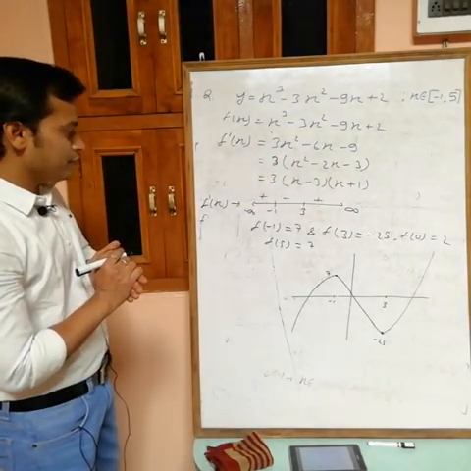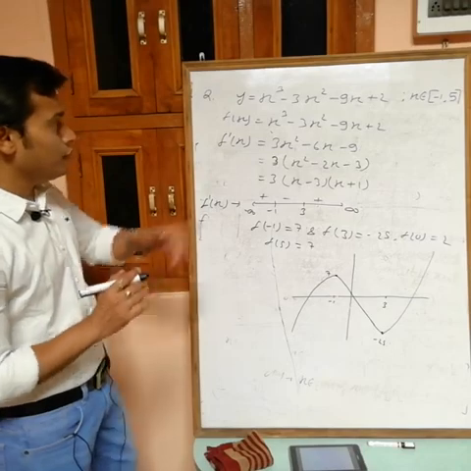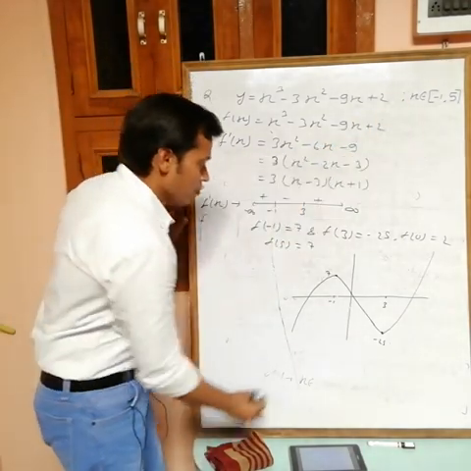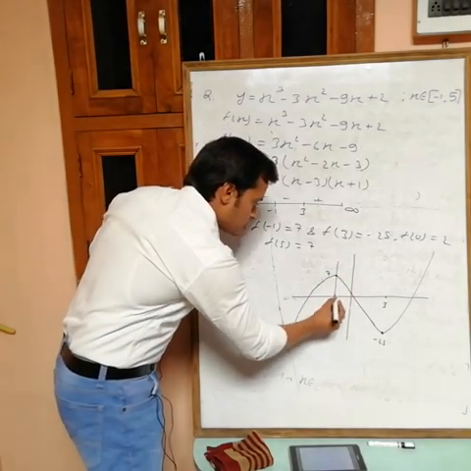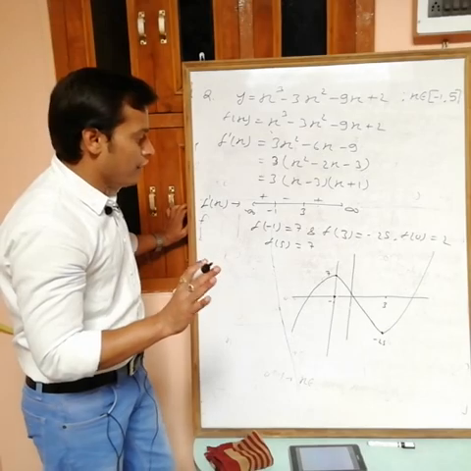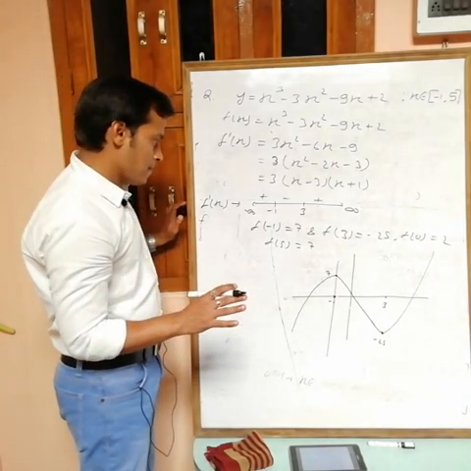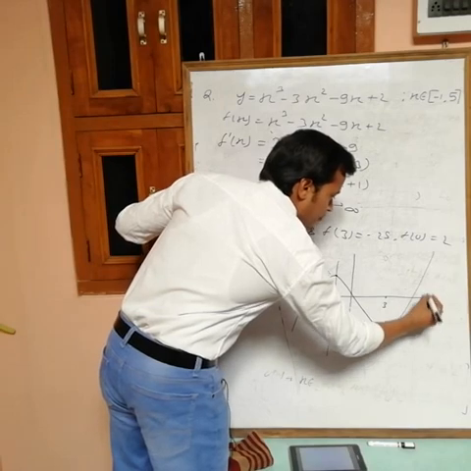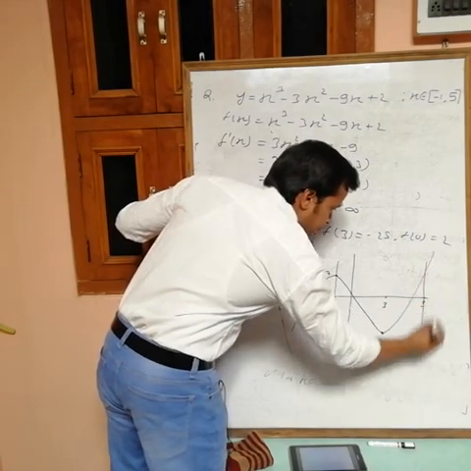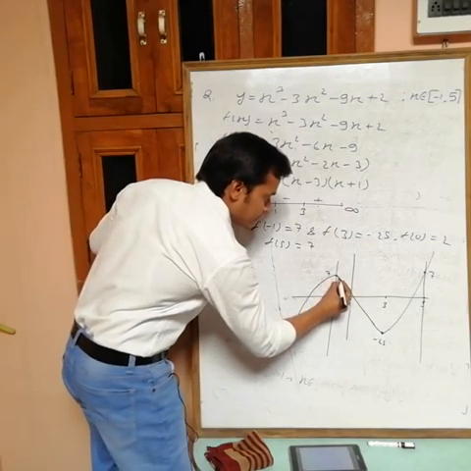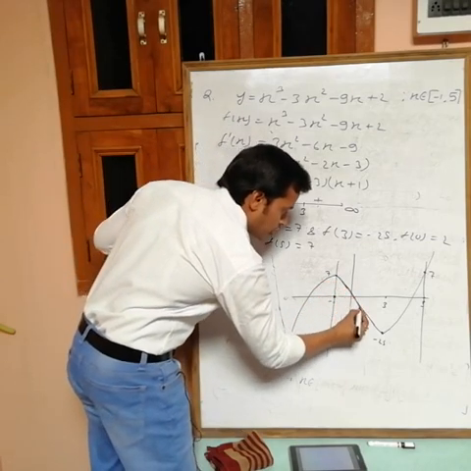And after that, we have the interval from minus 1 to 5, so you can take only from minus 1 to 5. So minus 1, it means this one. And the value at 5 is 7. Suppose this is 5, this one is also 7. So you can only consider this graph from minus 1 to 5.